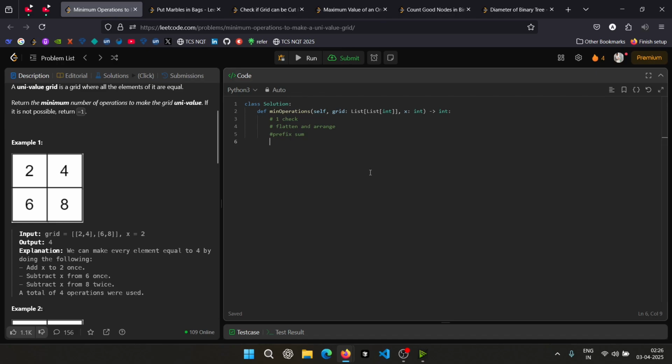So the first step is checking. We will write the code for it. For r in grid, that is, we are first traversing the rows, for c in r, if c percentage of x not equal to grid,